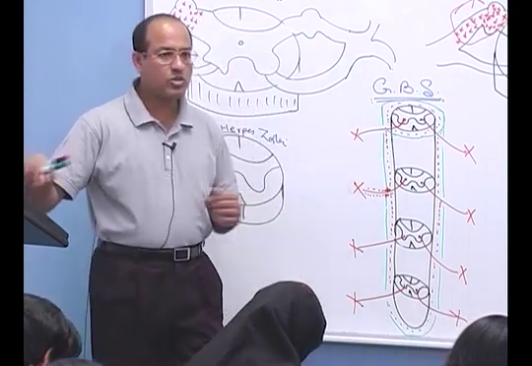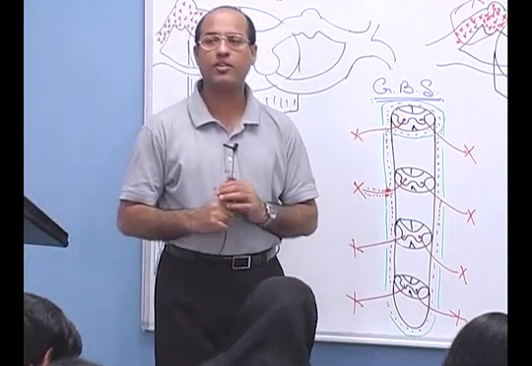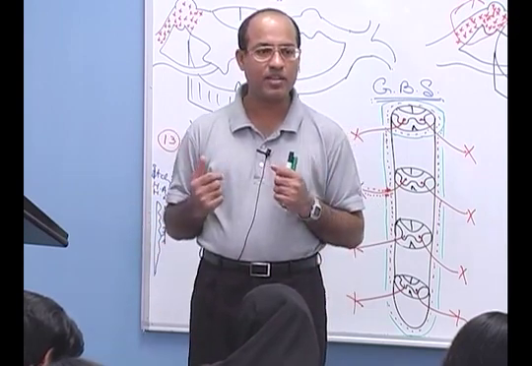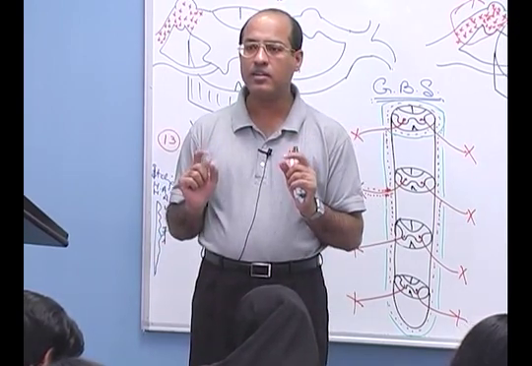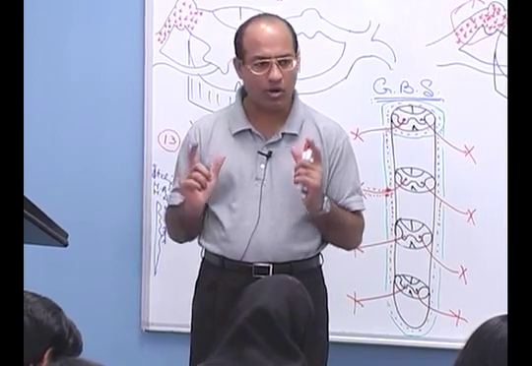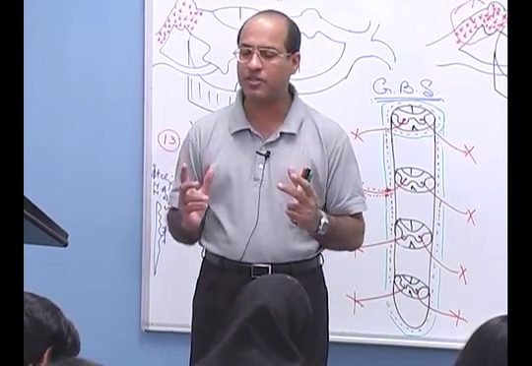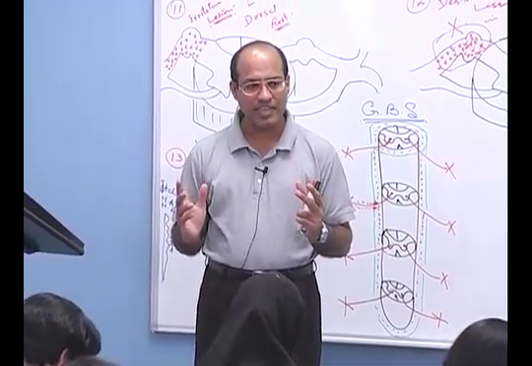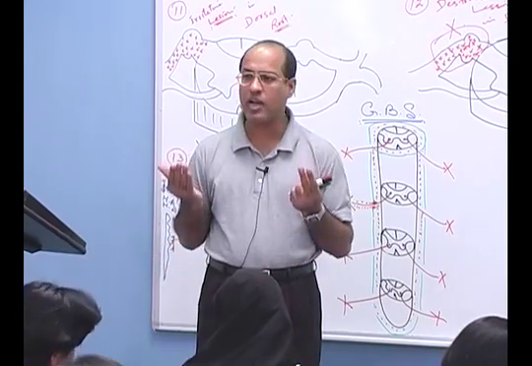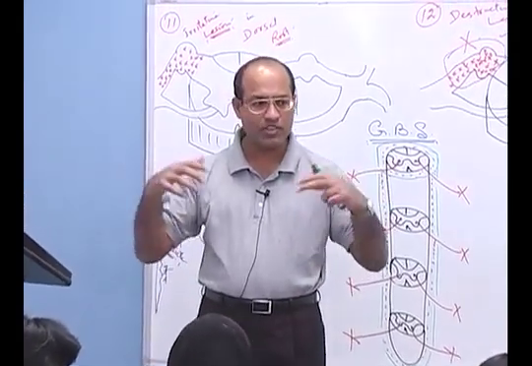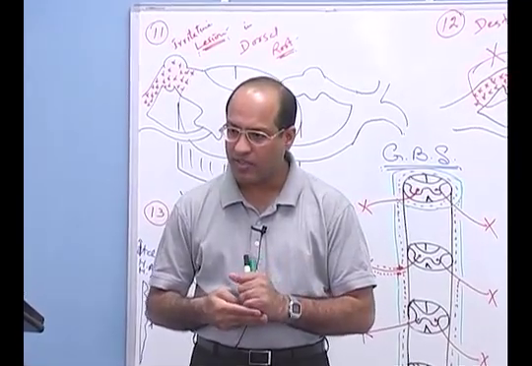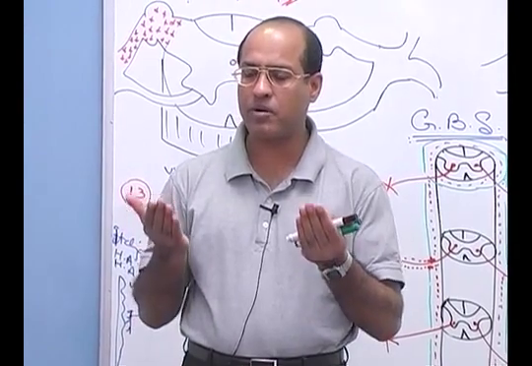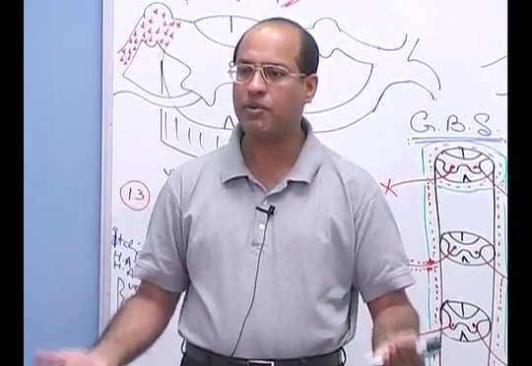Am I clear? So normally what happens when there is inflammation in the central nervous system or inflammation of the meninges, protein levels go up along with inflammatory cells. So in most of the pathological processes which involve the central nervous system, not only protein level goes high in the CSF, but inflammatory cells also jump into CSF. So normally in the central nervous diseases, as protein level in CSF goes up, inflammatory cells level also